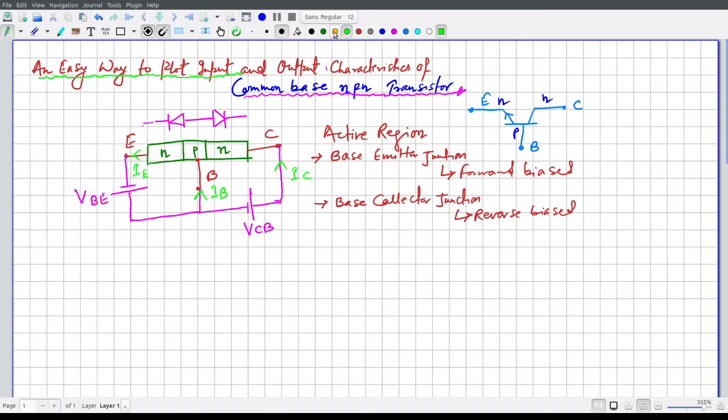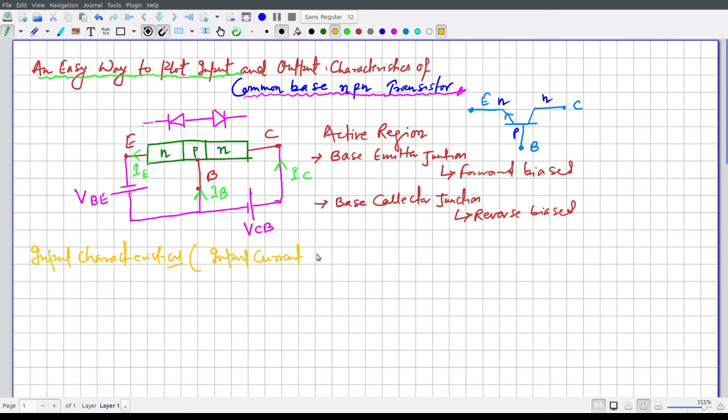Next, for the input characteristics, we have to plot the input characteristics. In these input characteristics we have to plot the input current.